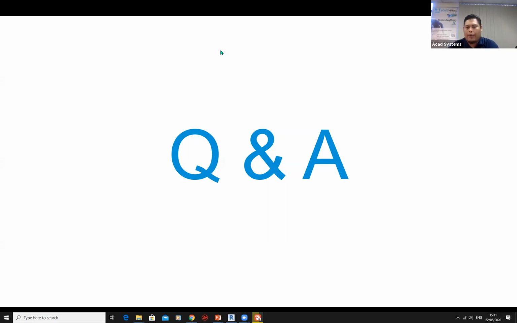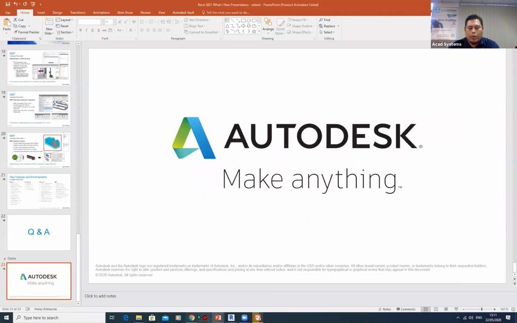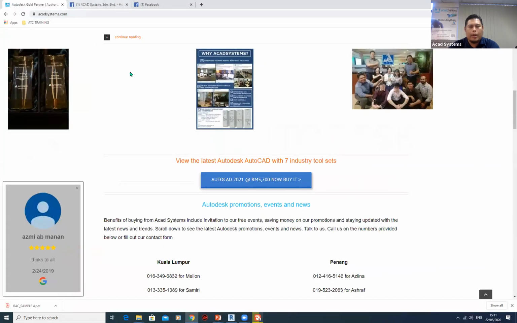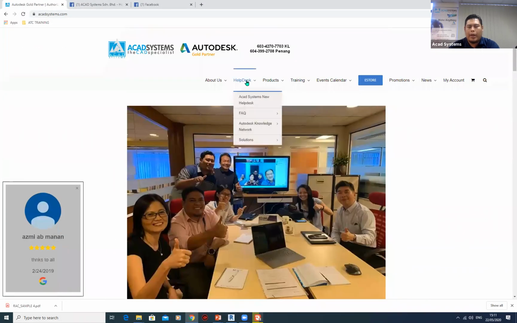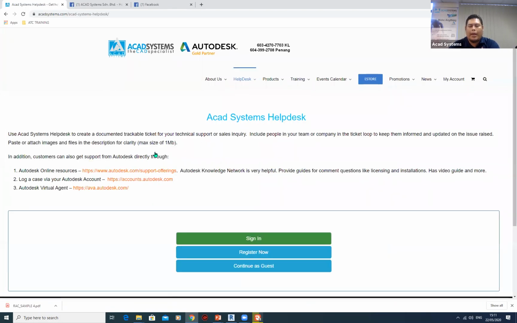So if you have any issues on your work, on your modeling, or anything related to your Autodesk software, you can also go to our website and find our help through the help desk. If you go to our website, you can see this help desk can help you. Go to help desk and Acad Systems new help desk, and you can continue